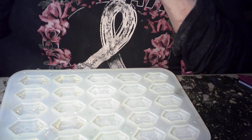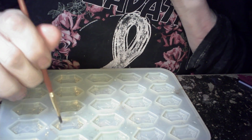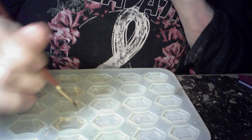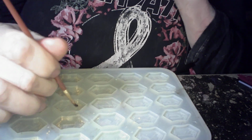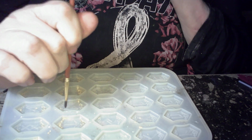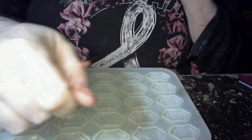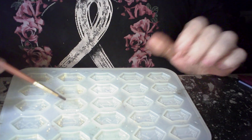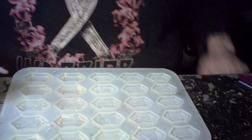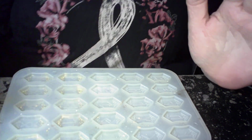And when you dip it in, just kind of bump your brush on the bottom, and what it does is it takes off the excess mica powder that you got on your brush from cleaning it up, so it doesn't stick on your brush and it doesn't overcoat it. Now, you can use a smaller brush or a larger brush. I chose this size because not only will it get into the crevices when I just wiggle it a little bit, it's the perfect size for the border, but also if I get any gold in the rune itself, because I blow off the excess, you get like a gold mist that just floats over. And this will go ahead, and it's a good size to clean it up